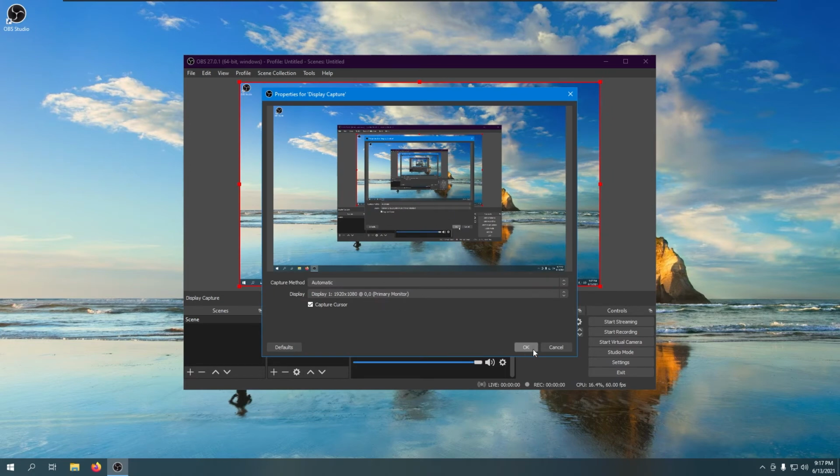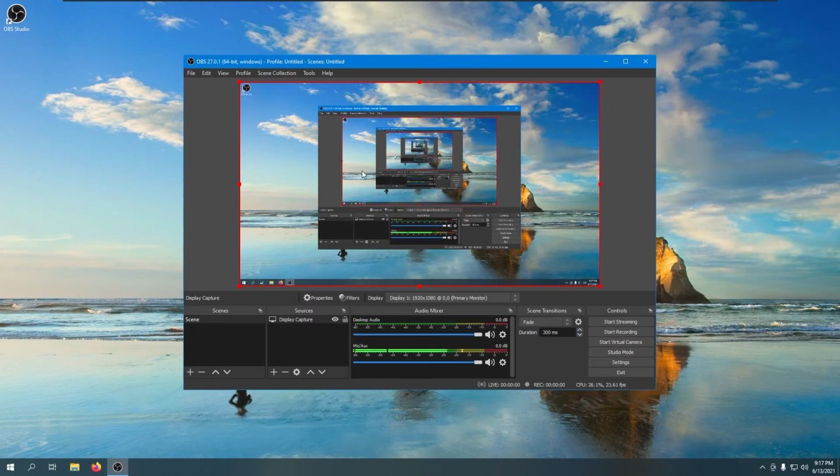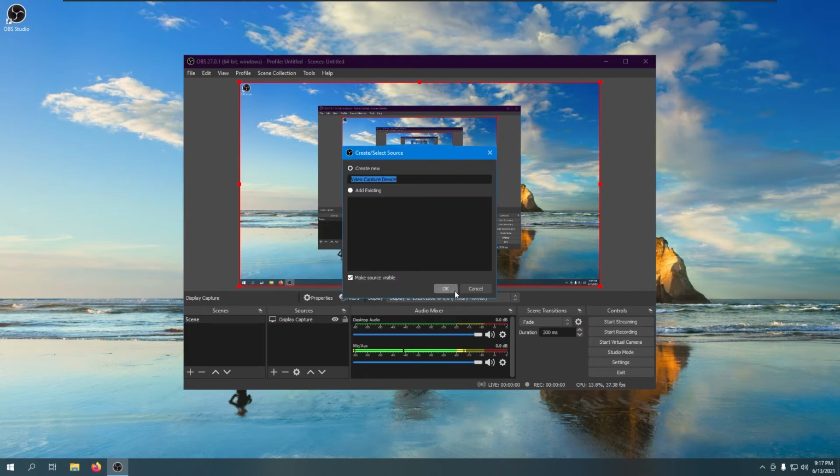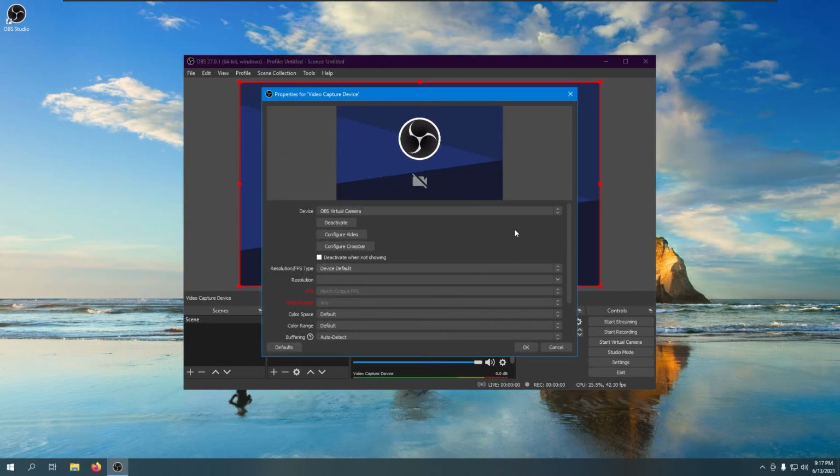This is my whole display, and we need to add another source. The display is being captured, the screen is being recorded, so we need another source, that's the video source, like video capture. Just select video capture device and go to OK, and as you can see there are some options like OBS virtual cam and stuff. So what I'm gonna do is that